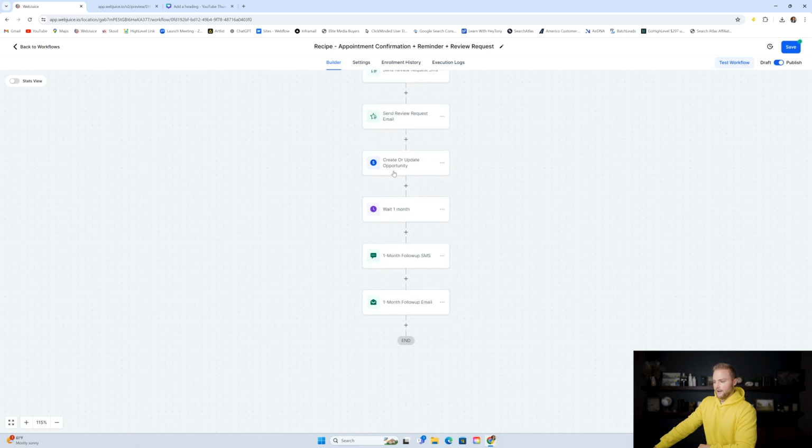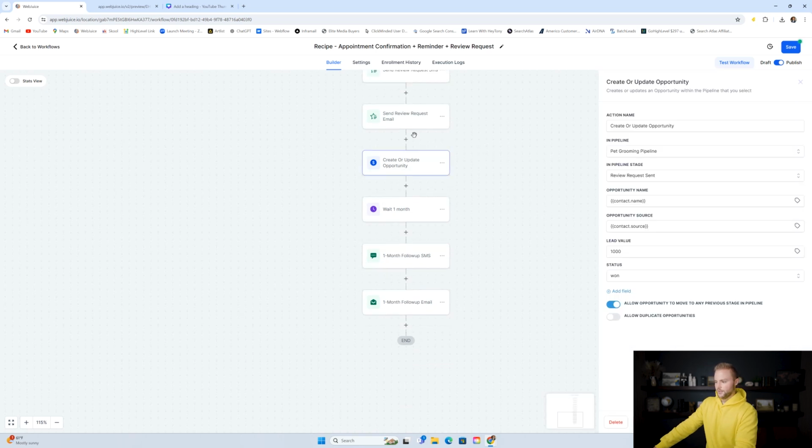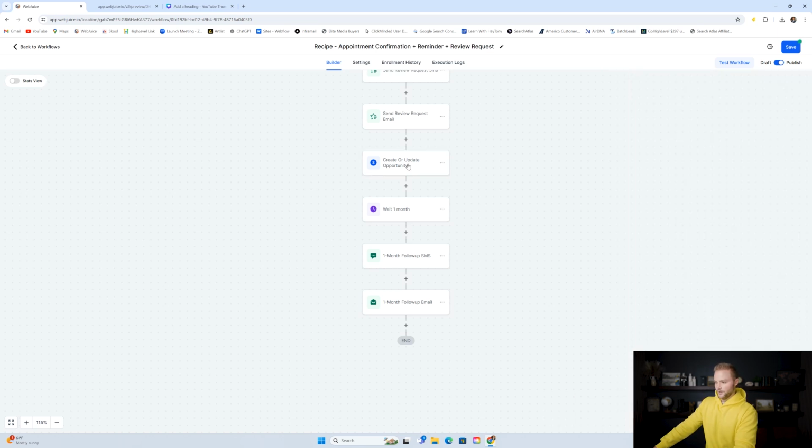And then we have another one where it'll update them to the final stage of the pipeline. So after those Google review requests send out, we then update them to the review request sent stage, which is our final stage of that pipeline that I showed you earlier. So that'll move them there. And then this one is a little bit extra. We could do a step after the appointment,